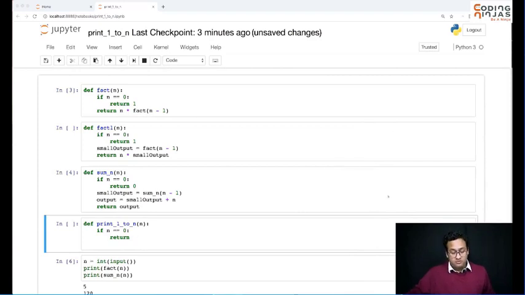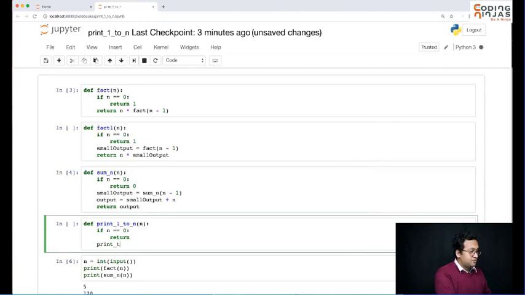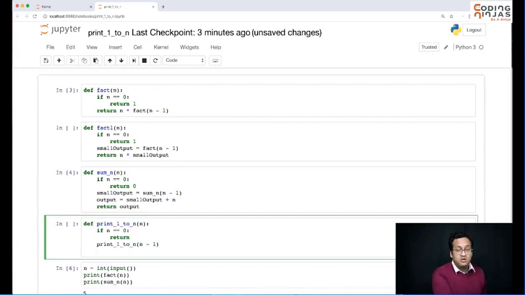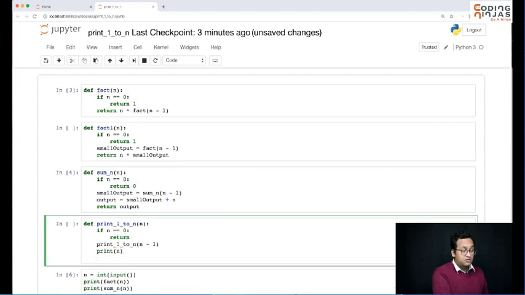So using the induction hypothesis, I am going to call print 1 to n with n minus 1, and once I have printed numbers from 1 to n minus 1, I am going to print n. So 1 to n minus 1 is taken care of by recursion. I am printing n and I am done. I can just do an empty return, or not write return at all.